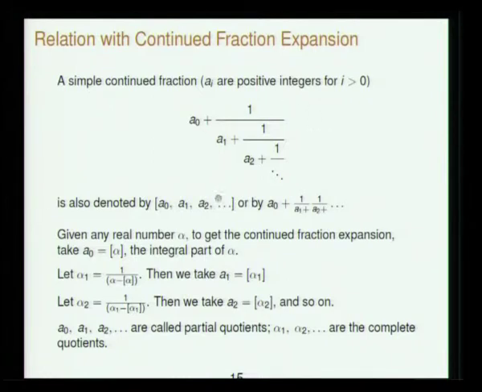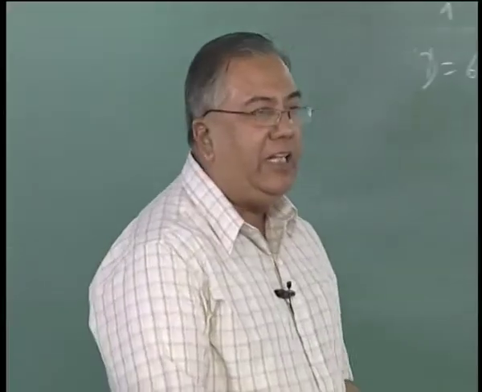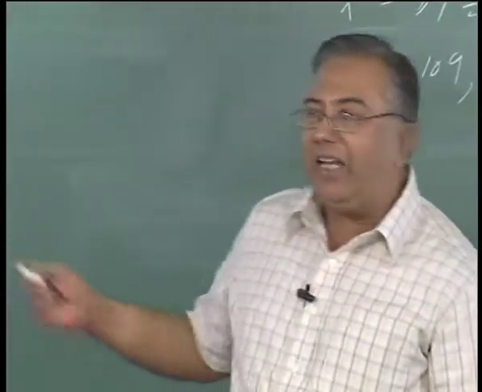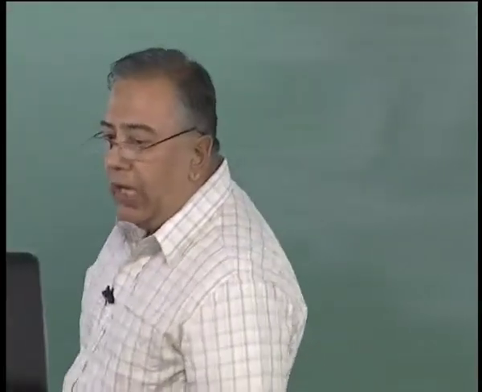There are various ways of denoting it, because this way of writing it will take too much space. One way of denoting it is by writing it this way, another way is by putting that plus in the denominator. It's typographically inconvenient in typewriters, but while writing it's quite easy. Now how to get a continued fraction associated with any real number? Just pay some attention to this.